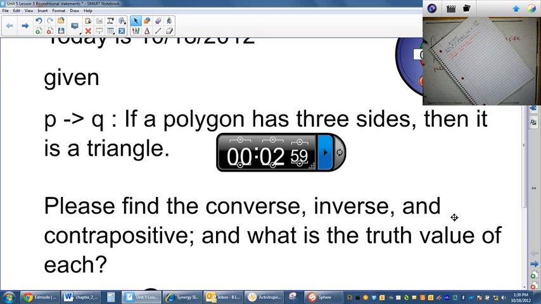And how do you do it? Would it be the opposite? It would be if it is not a triangle, then